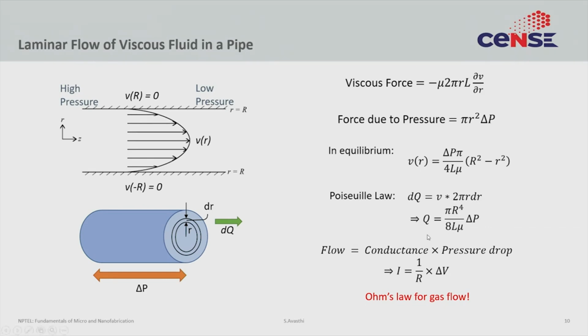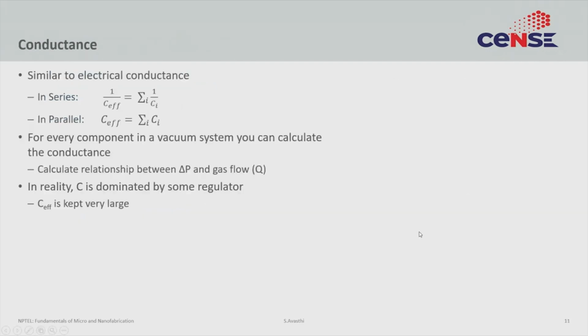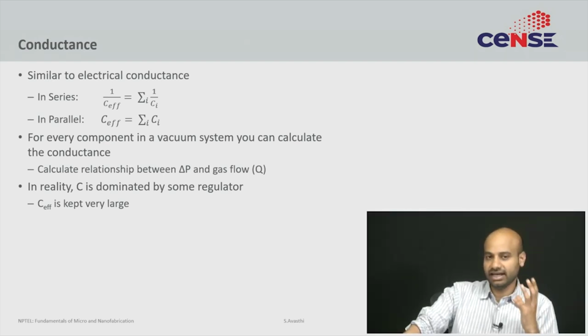So, now what you are looking at is, instead of current you are looking at mass flow, instead of voltage you are looking at pressure drop, and this value represents conductance, which is not electrical conductance but conductance of fluid flow. So, this is sort of an important insight, because what this allows you to do is to understand that when you are doing a design of a CVD reactor or analyzing the working of a CVD reactor, it can